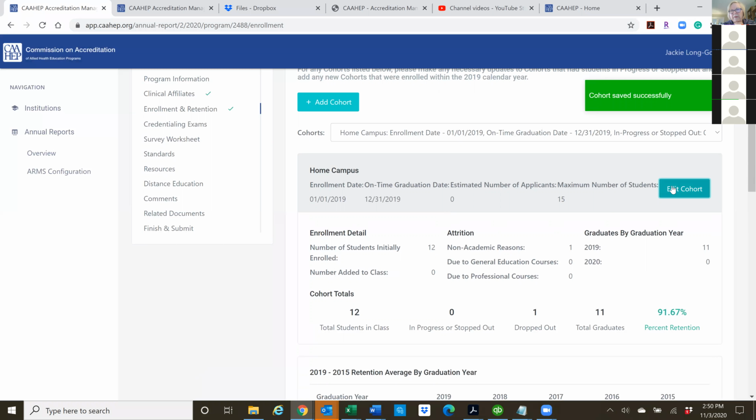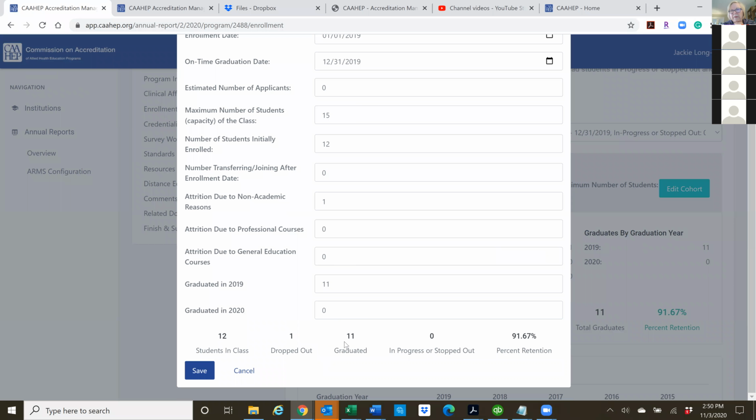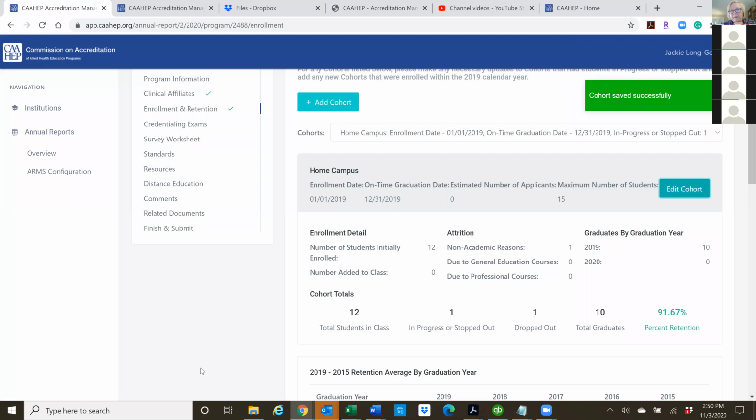If you had one person who didn't graduate on time and you are allowed to have them come back, then you can go in and say, okay, so we graduated 10 here, and you'll see that that person is still in progress and you can account for them next year. You'll keep them in the enrollment cohort, but you'll add them to your class of 2020 for graduating.